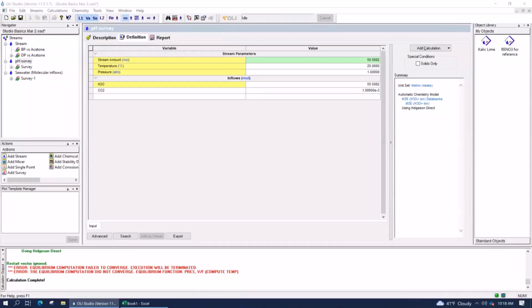So let's go ahead and add a new stream. We're going to call this thing nickel speciation. You're going to add NiOH2 to the inflow list. And again, we're just sticking with moles here. Moles is a great way of learning the software, because you don't have to think about milligrams per liter or other types of units. You're just focusing on the mechanics.